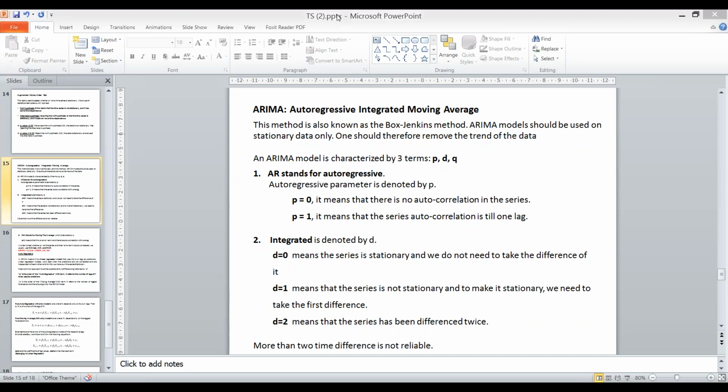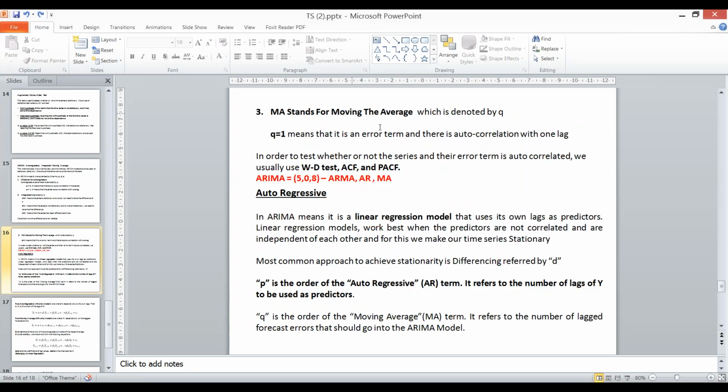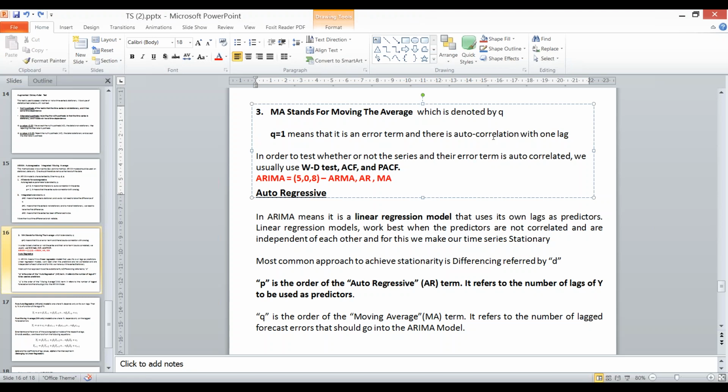One second. In this you need to make a correction. I've written this wrong. When I'm reading it, Q equals 1 for MA means 1 auto, that will not come here because auto correlation is for AR. So the correct one, that is consider, okay, so make it this one because auto correlation is for AR, not for this MA. That was from auto correlation.